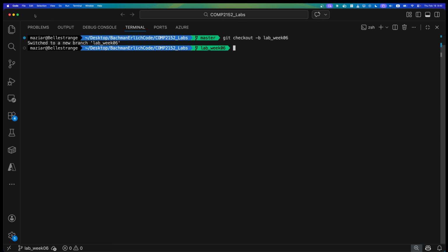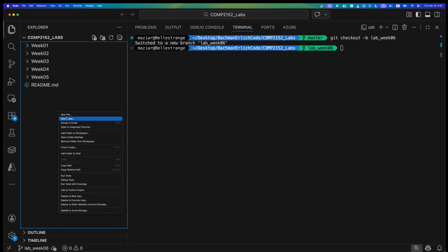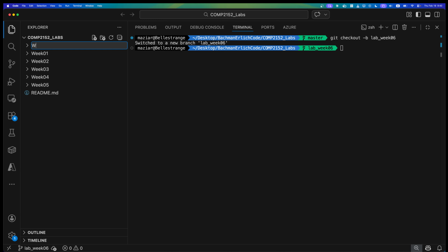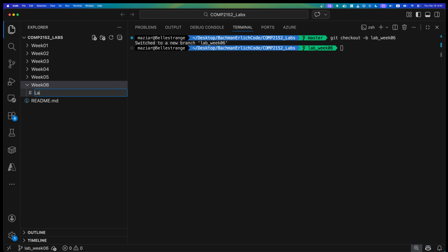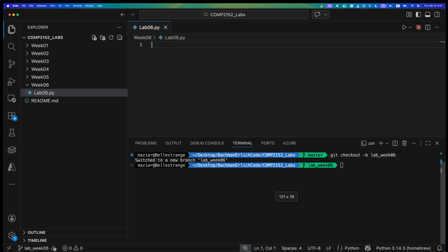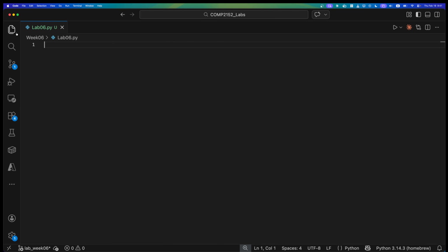Next thing I need to do is create a folder. So new folder week 06, and inside of that create your lab 06.py. Perfect. As you can see, because we made these changes, the color changed from green to yellow. What we need to do is move to